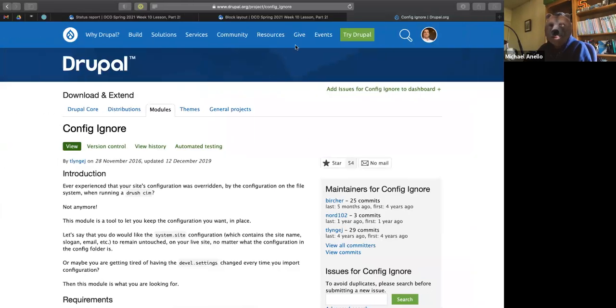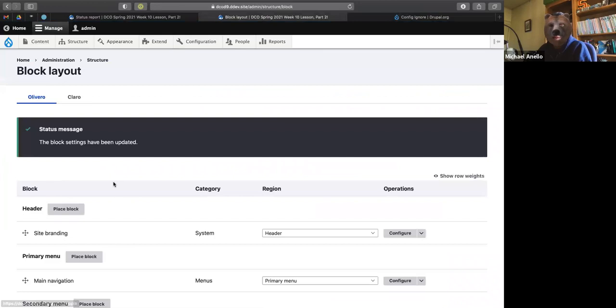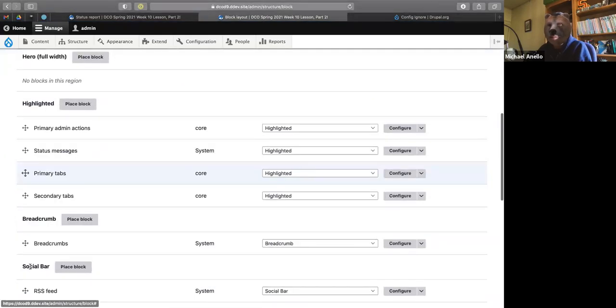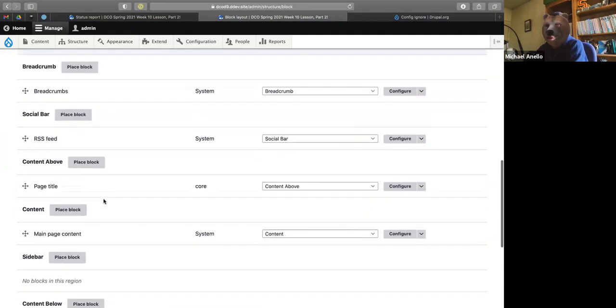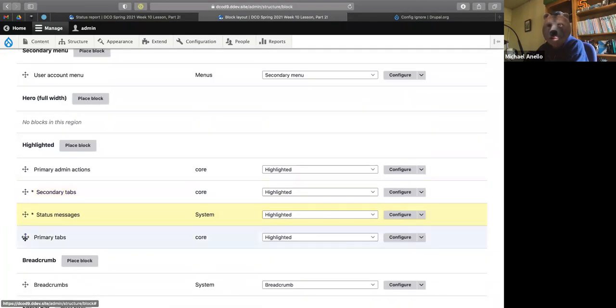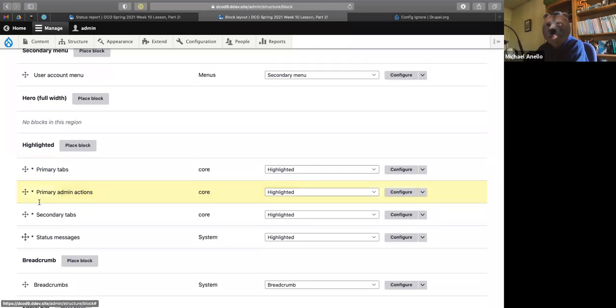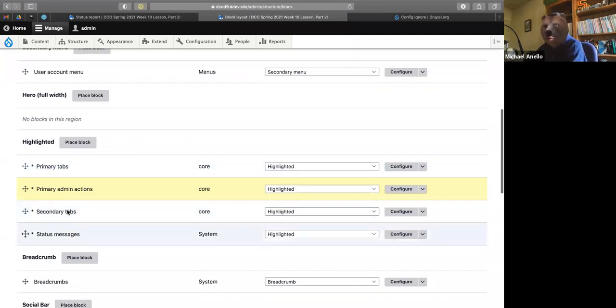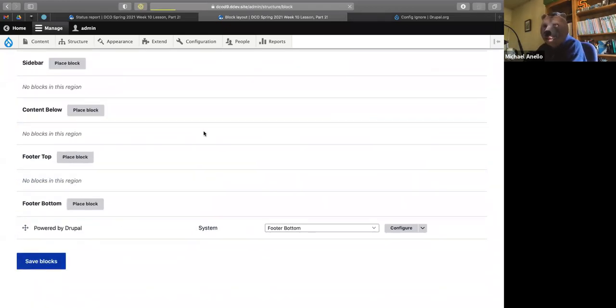What happens with blocks a lot of times is, moving blocks around isn't always the purview of a site builder. This could be something that a content person does as well. Anytime you move a block, so I'll move each of these, it doesn't actually change the block content, but it does change the block configuration, because one of the parts of that block configuration is its weight. So if I move those around and hit save blocks,